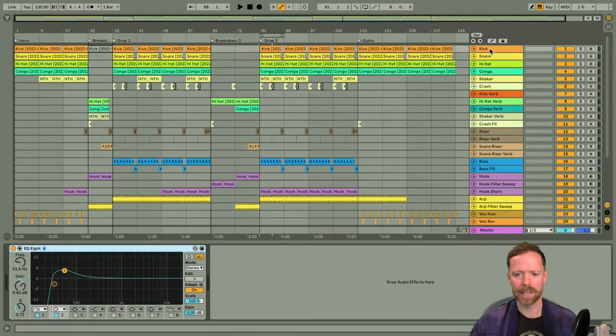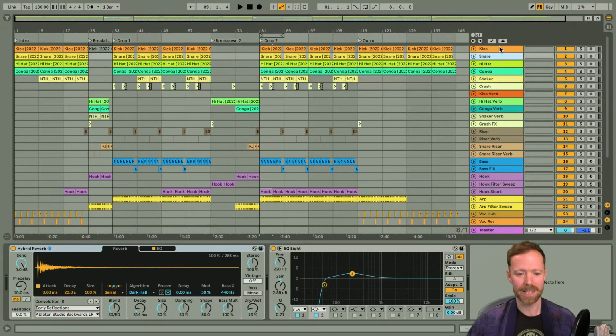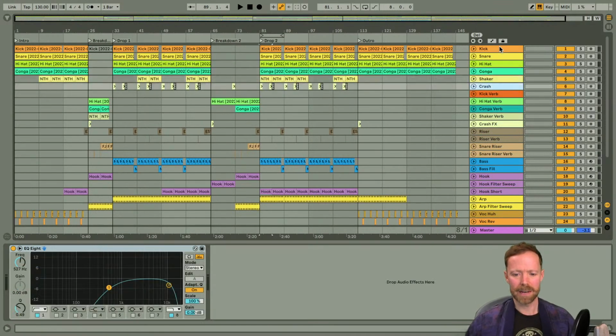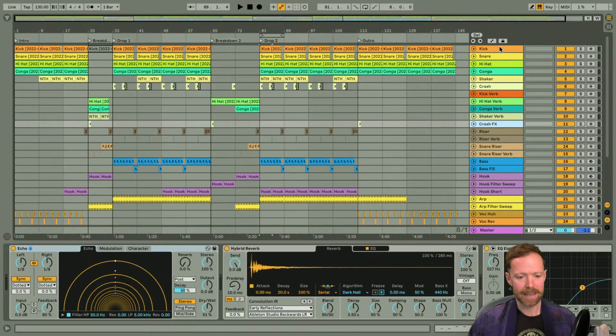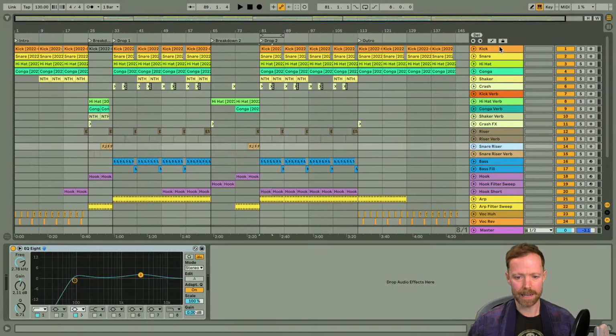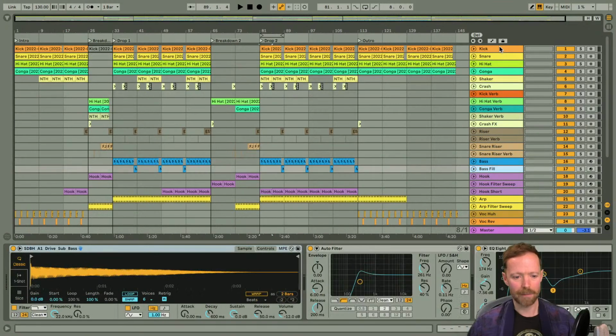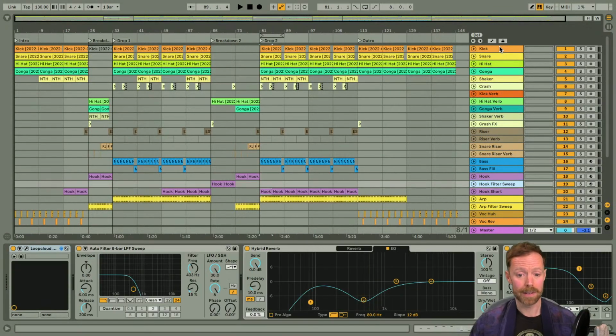Looking at the different tracks here, you can see I haven't gone mad with effects at all. It's just EQ, reverb for the most part, a little bit of delay as well, and it's amazing how far you can get with that in order to make a track